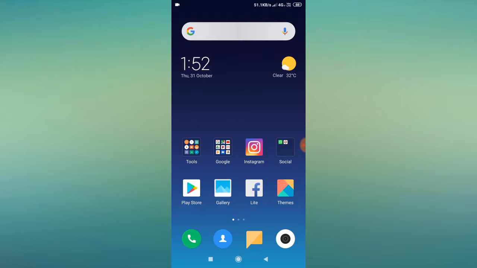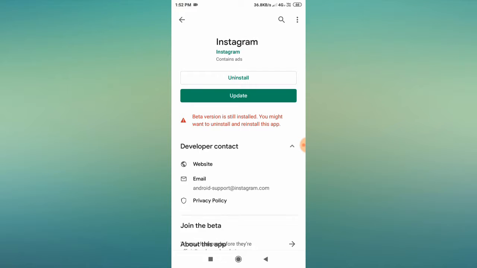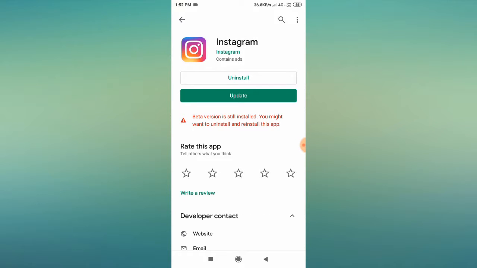So guys, the very first thing you have to do is go to your Play Store account, and from here search Instagram. After searching Instagram, if it is asking you for an update, then you just update your application. Now what happens is,